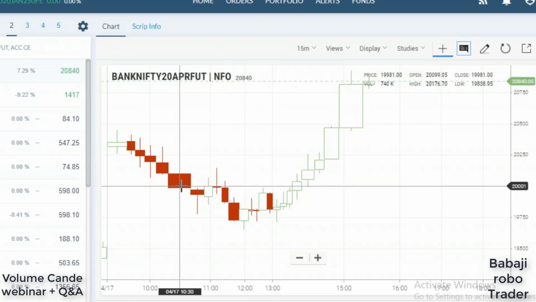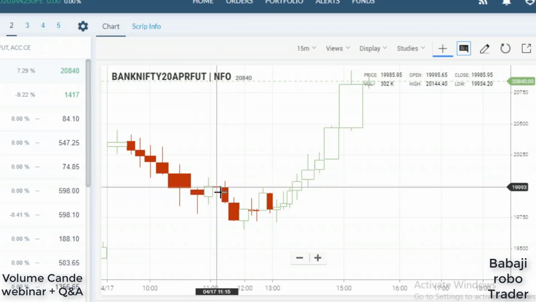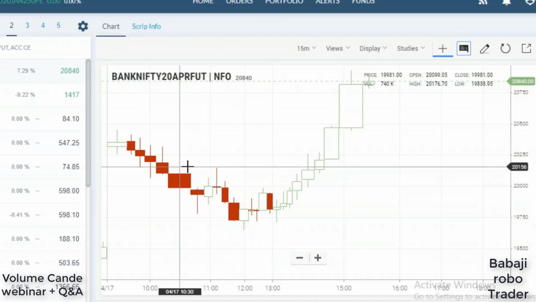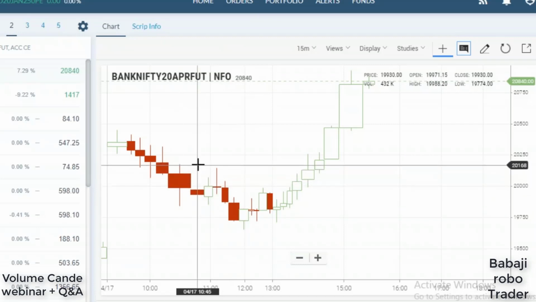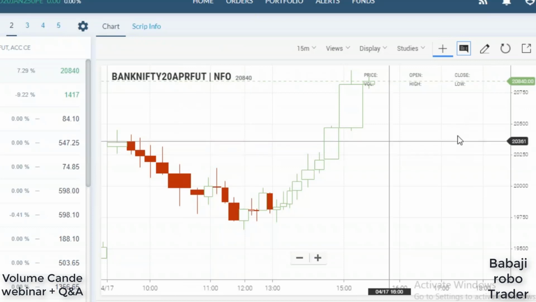So here, with the volume, the market is giving a clue, right? Which direction the market is going to move. We can see here we are getting the downside. After that, we are getting a wick. So we have to assume when this candle high is broken, when the high is broken, go for the long. That's all. Understood?